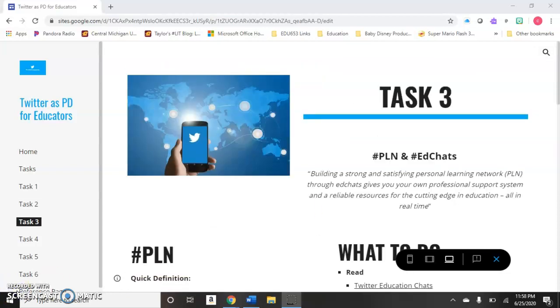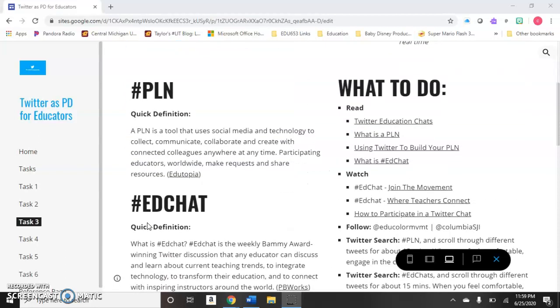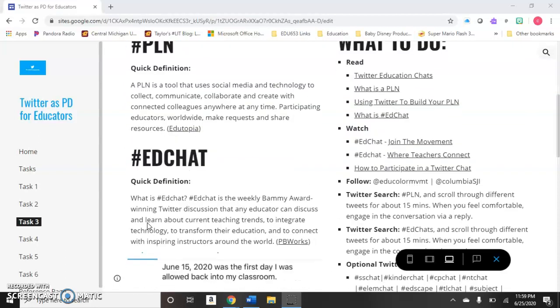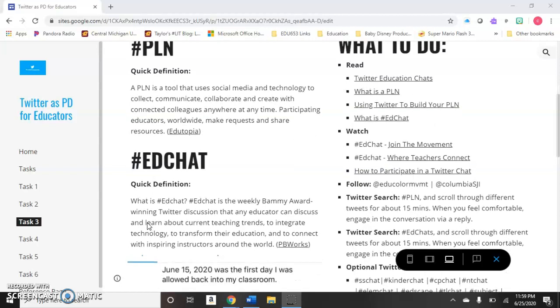The last standard in enhancement talks about the technology adding value. With the use of Twitter and creating your personal learning network, you are able to connect with educators all around the world. You're able to engage in discourse with colleagues on an array of topics. So it definitely adds value, because ideally, if you're at work, you have your coworkers and you have whoever the district brings in, but Twitter allows you to connect with people all across the world.